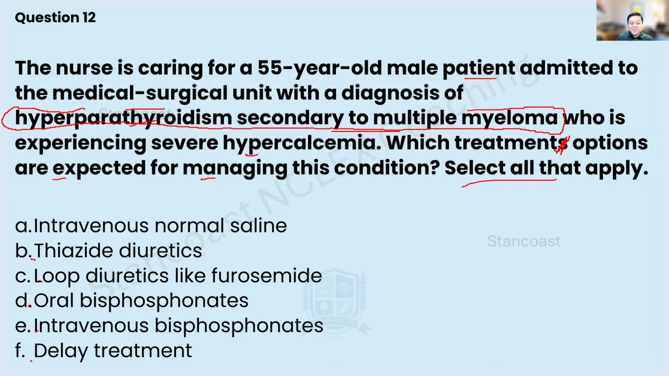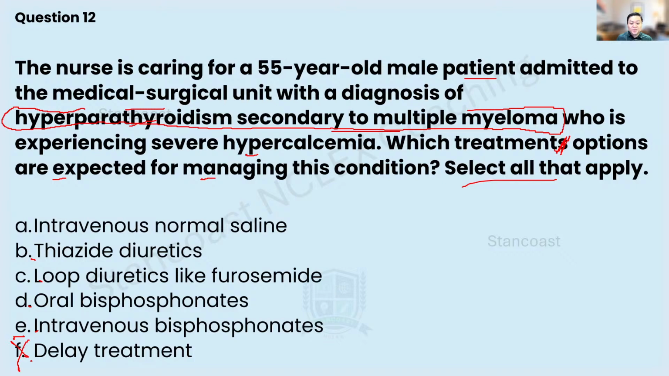If you answered letter F, we are going to eliminate that right away. That's an easy target. We need to deal with the patient's hypercalcemia. We are not going to delay the treatment, as we know that the hypercalcemia can lead to complications, especially cardiac dysrhythmias. We don't want that. If you answered letter E, intravenous biphosphonates,